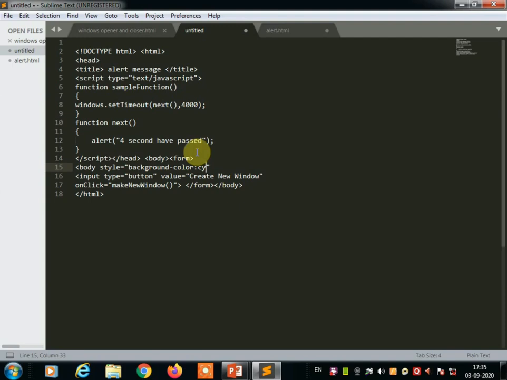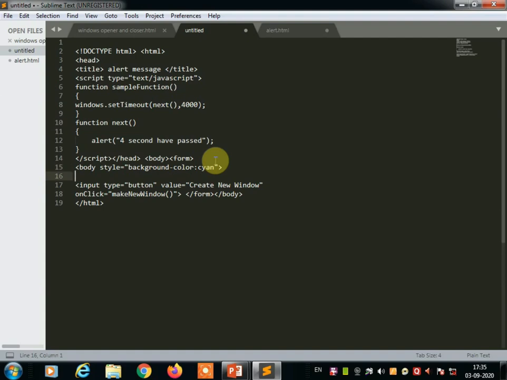I am using cyan color. You can take any other color name. Then H1 align equals center.